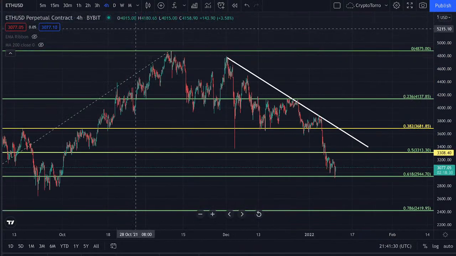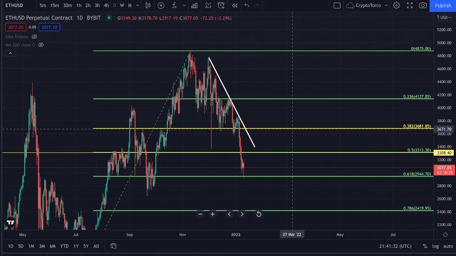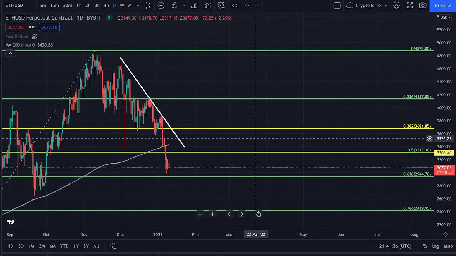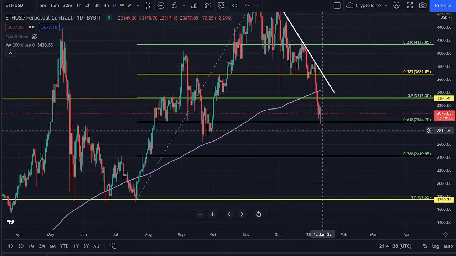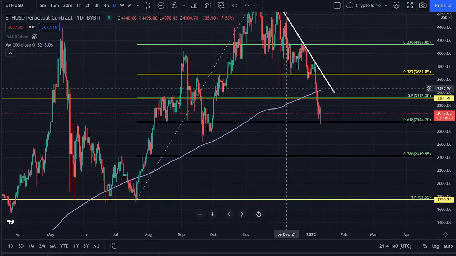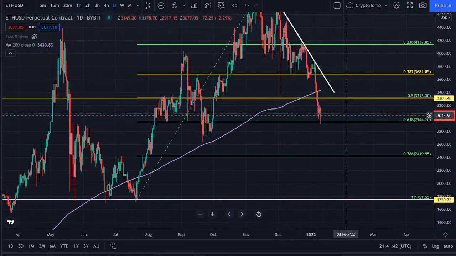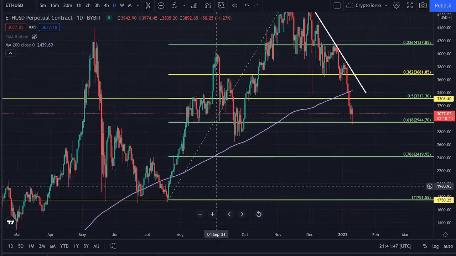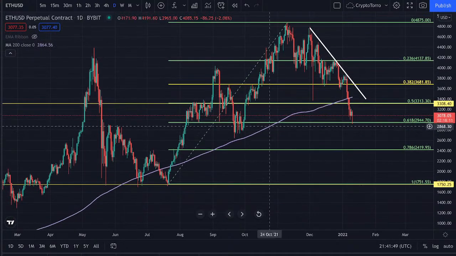Also, let's head towards the daily time frame, where I would like to enable right away the 200-day moving average. What I think is important right here is that Ethereum is breaking down below the 200-day moving average, a very important level of support. The very last time that we broke down below the 200-day moving average was at this point in time. We did hold strong on top of the